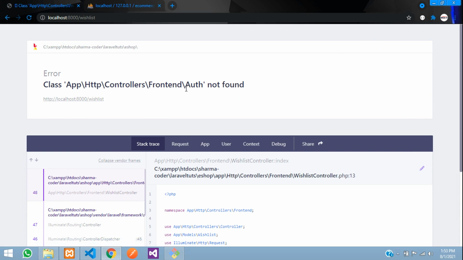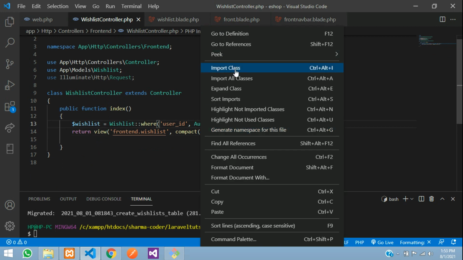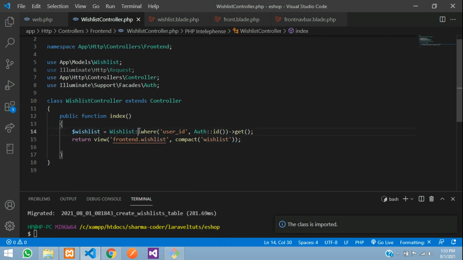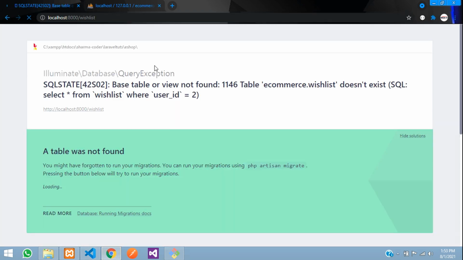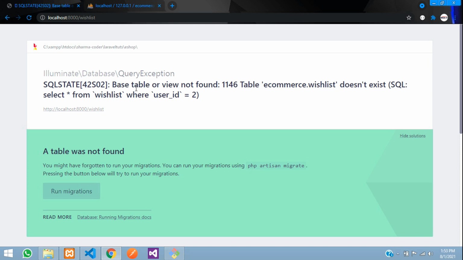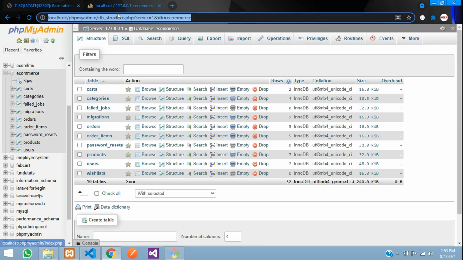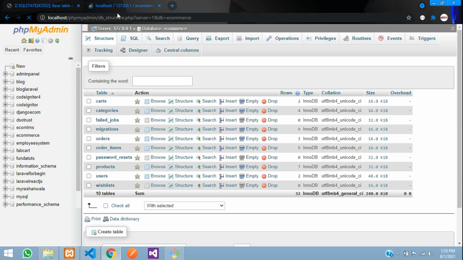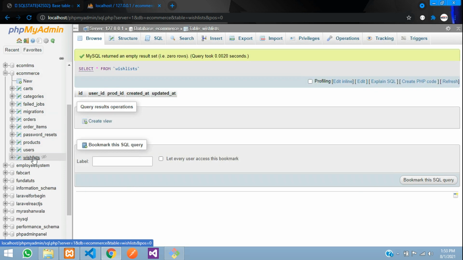And there is something, auth not found, we need to import that. Import class, wish list is imported, yes. Refresh. Wish list does not exist. Let us just check in our database. Refresh. So here wish list. Okay,